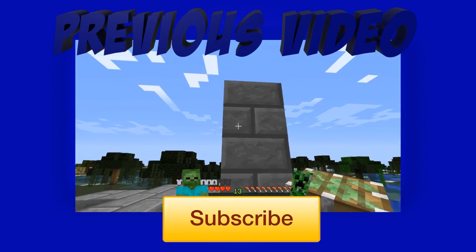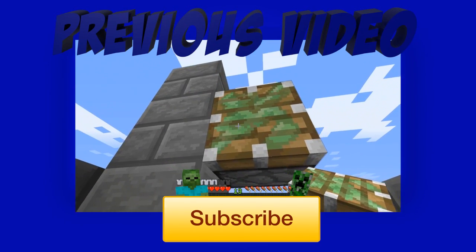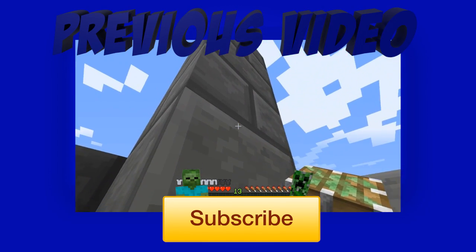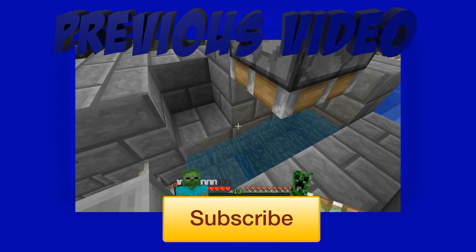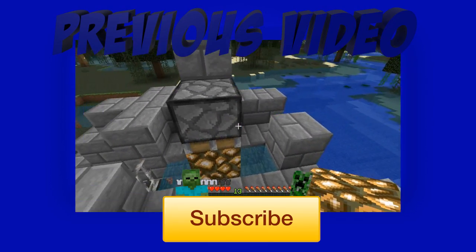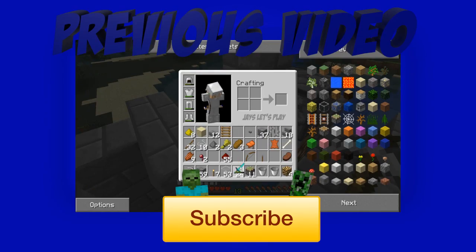So what I'm going to do is replace a sticky piston down. I'm going to place that down here facing downwards, like so, with a piece of glowstone on it. And then once that gets powered and goes down,